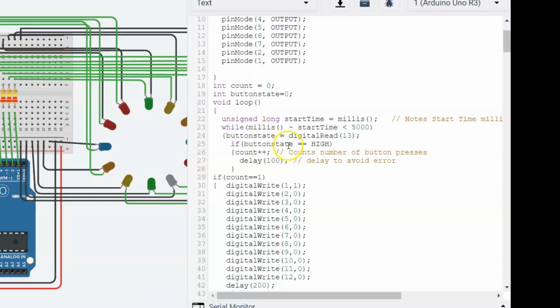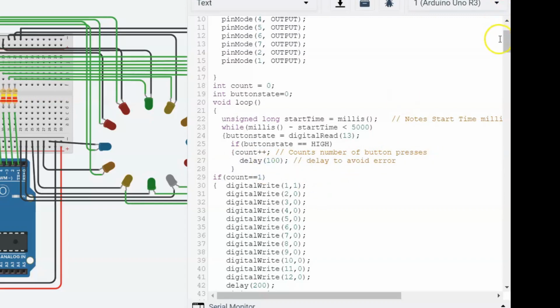In the loop I have given the condition that, first of all, we are storing the value of digital pin 13 in button state, and if button state equal to high, then the value of count will increase by 1. It will count the number of times the button is pressed, and then I have given a delay of 0.1 second to avoid error.